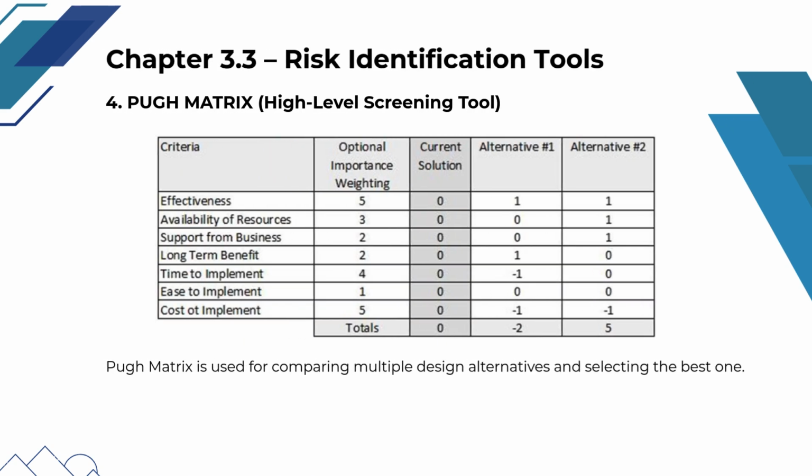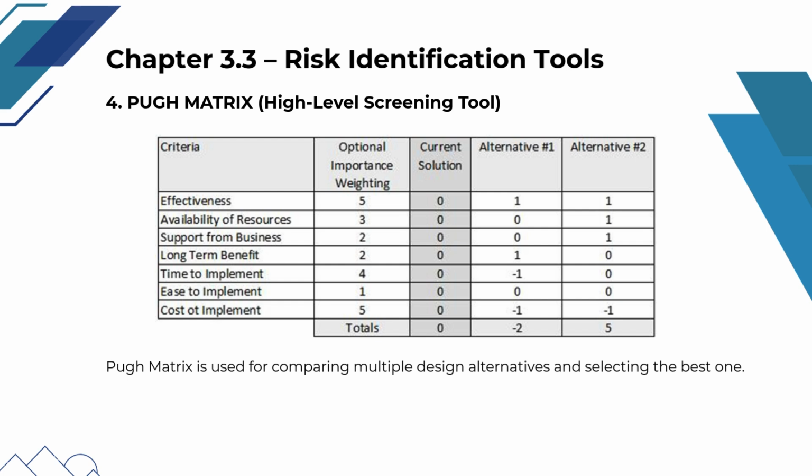The POO matrix is a high-level screening tool used to evaluate and compare multiple design alternatives against a set of predefined criteria. It works by scoring each option relative to a baseline, which helps highlight strengths, weaknesses, and trade-offs in a clear, visual way. This method enables teams to make objective, data-driven decisions rather than relying on intuition, ensuring that the chosen design aligns with customer requirements and project goals. In DMADV, the POO matrix is especially valuable for quickly narrowing down options, prioritizing features, and selecting the most promising